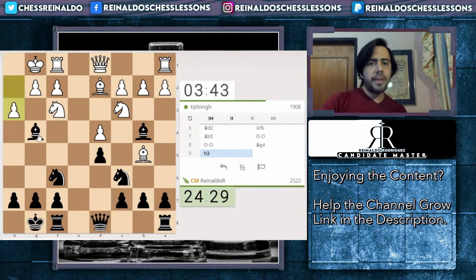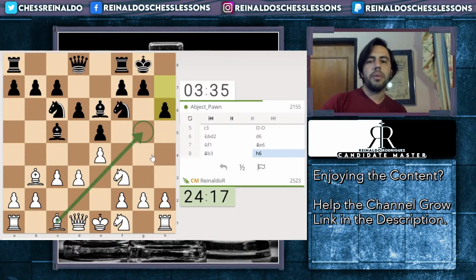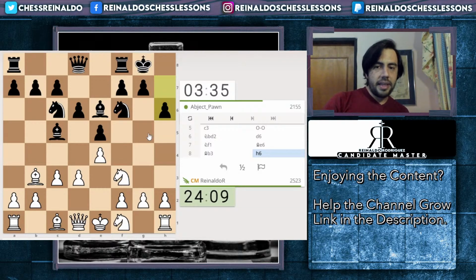Okay, here we have h3. I think this move is a mistake because I can trade the bishop for the knight, and later probably the pawn on d4 will be hanging. Let's remove the defender. Okay, my opponent played a6 because he was concerned about the pin. But now I have time to play bishop c2. He will play d5 because I don't have the pin on g5 anymore. But in that case, I can play